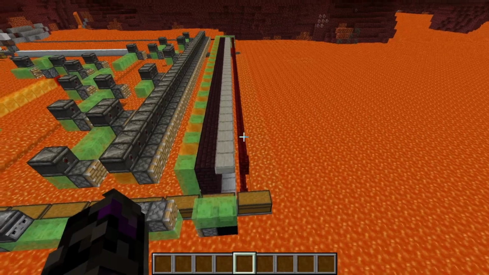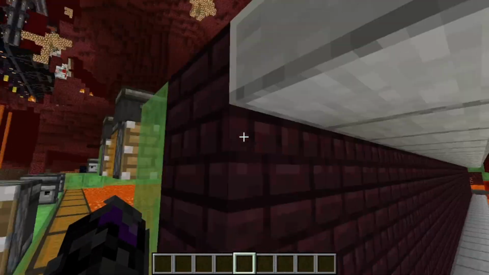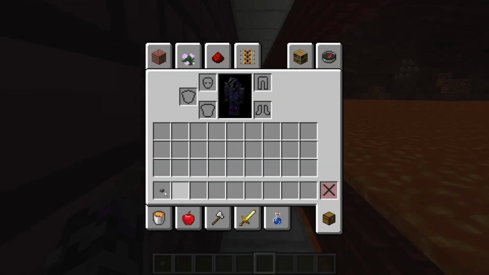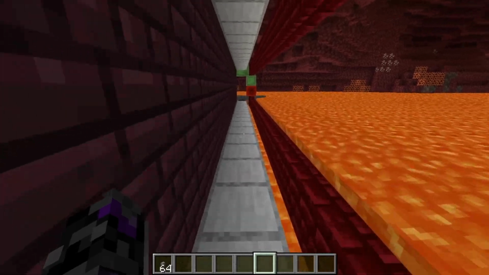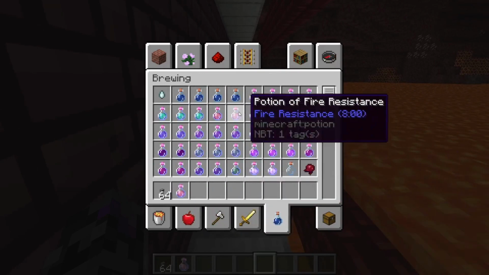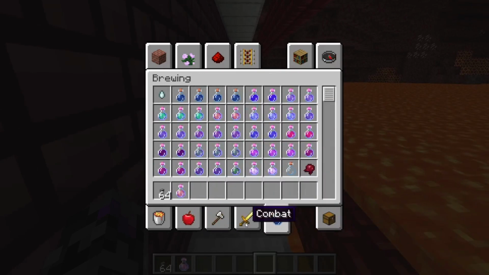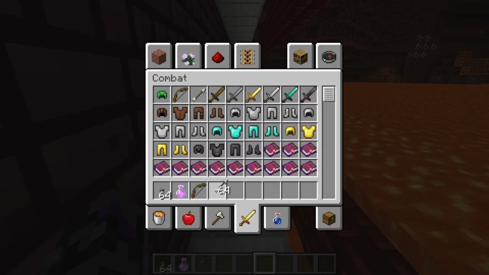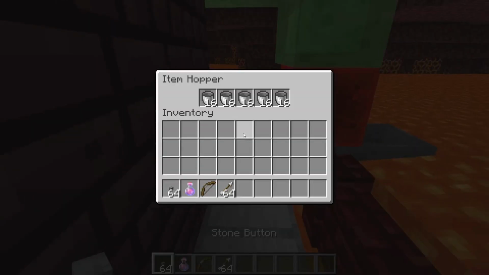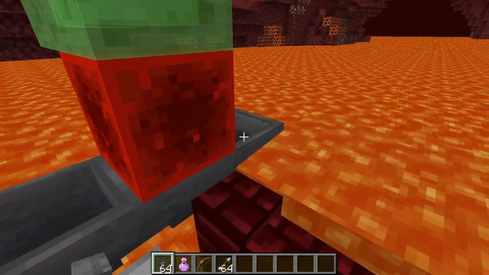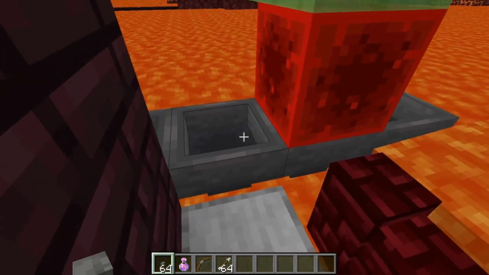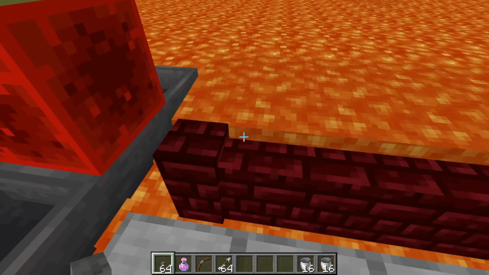So the right way to do this, from what I've tested, this is my opinion, you need a stack of buttons, and then you'd have your typical armor, and I would recommend a couple of fire resistance potions right here, or maybe a bow and arrows, and then that would be the maximum inventory you can use right here. And you'd come over to this. There's a redstone block to stop the buckets from going any further. As you can see, this hopper is empty, and you would just take 2 stacks of buckets, and then